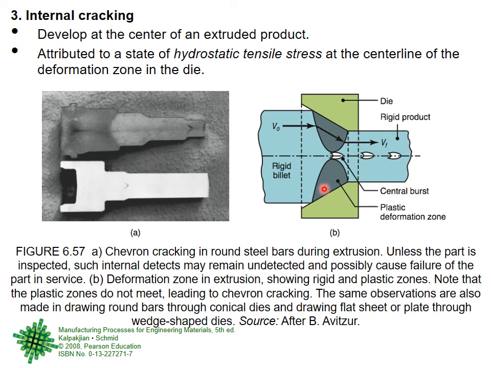Here, if you see in this diagram, we have talked a bit earlier, I'll try to explain it again. This blue is the billet material. This is before extrusion and this is after extrusion. And this green is the die. Now the billet material hits the die but cannot directly go inside. So it is stopped, and after some time it starts to go towards the center of the die.